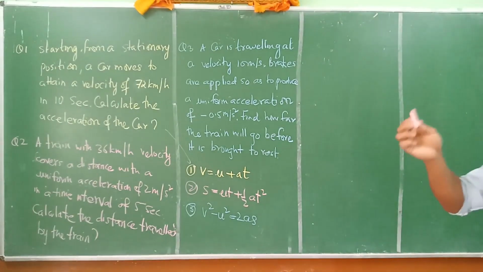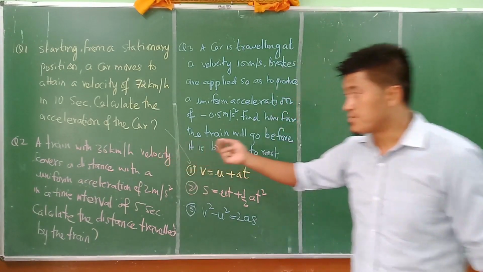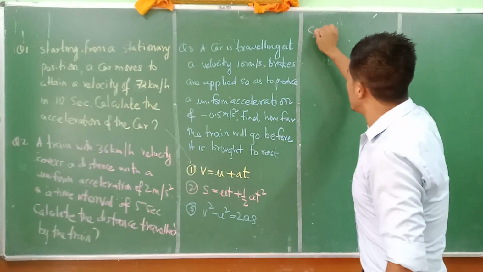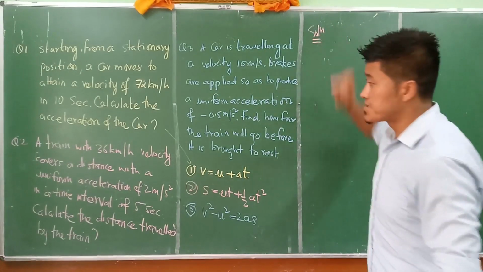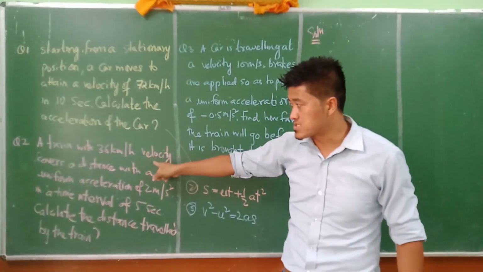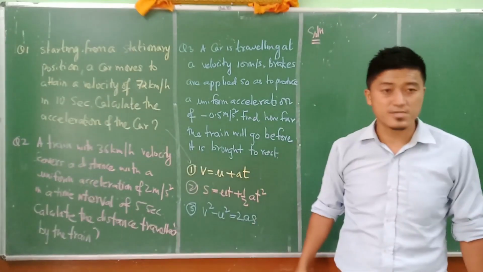Okay, now this time with this chalk here, that is a red or whatever it may be, purple kind of chalk here. Again, solution we are going to write. A train with 36 km per hour velocity covers a distance with a uniform acceleration of 2 meters per second